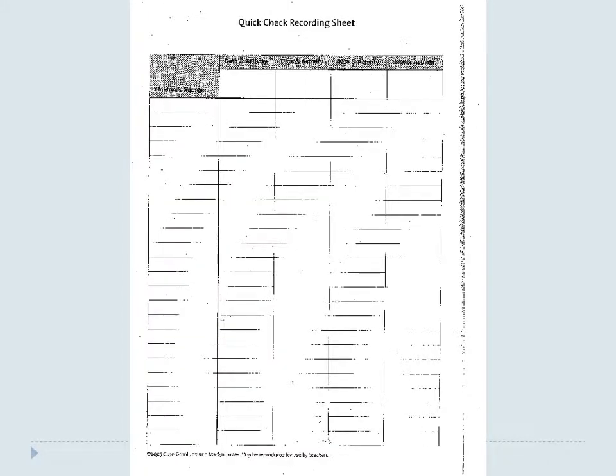This is a quick check recording sheet. If you have an activity that you've planned in your classroom that helps you to observe a specific skill, so for example, if you're wanting to observe children's counting skills and you have a math game, on the far left-hand column you can write the names of all of the children in your classroom, and then on the next row you write the date of the activity at the very top, and then you can just mark by every child's name if they've met the desired skill of whether it's counting to 10 or whatever it is that you're